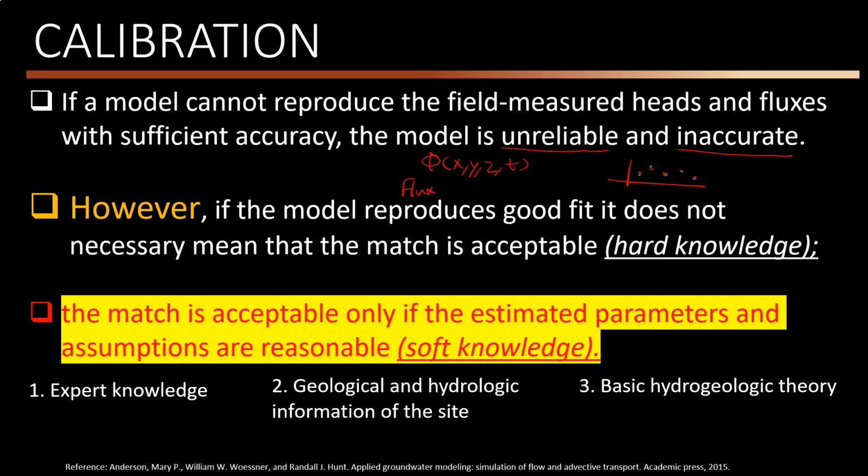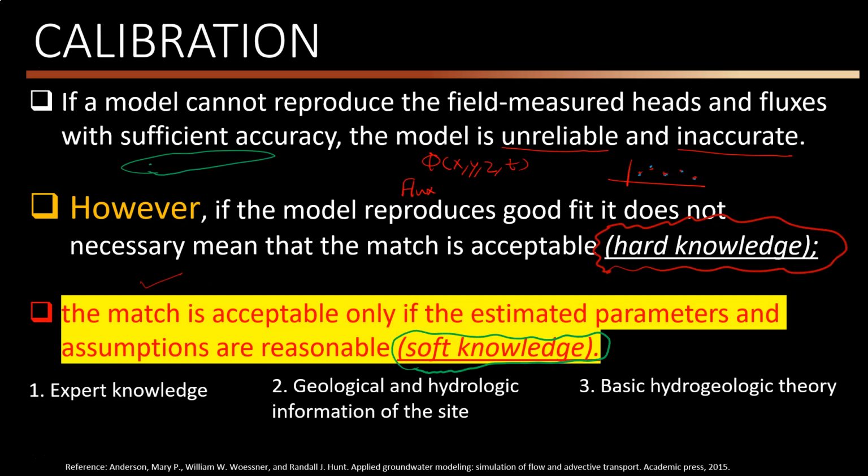So we call this hard knowledge. This is a very important thing that I want to spend time discussing. The match is acceptable only if the estimated parameters and assumptions are reasonable. What does it mean? We call this soft knowledge. What does it mean? It means that, for example, suppose that this is your conceptual model and you have one monitoring well here,